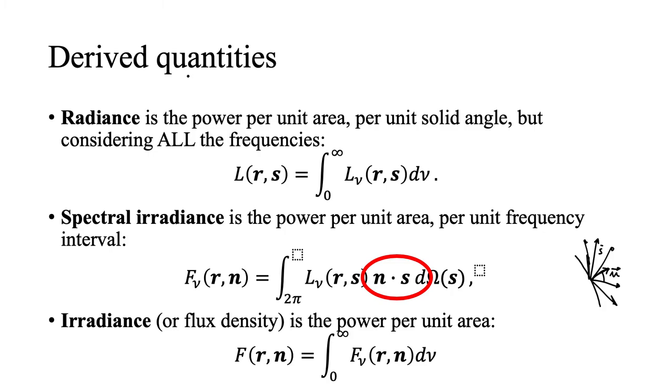Finally, it may be that you're interested in the irradiance, but without caring about a particular frequency, and so you take the spectral irradiance, you integrate over all the frequencies, and you get what we call irradiance. So spectral tells us that we care about frequencies, and lack of the spectral adjective here means that we're integrating over all the frequencies. Radiance means that we're considering just one beam of light. Irradiance means that we're considering all the possible beams of light that are coming out of the surface with any kind of